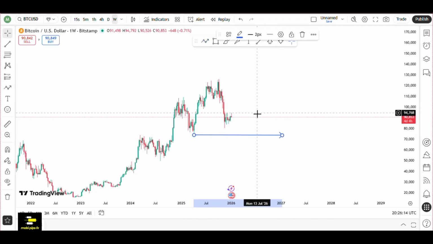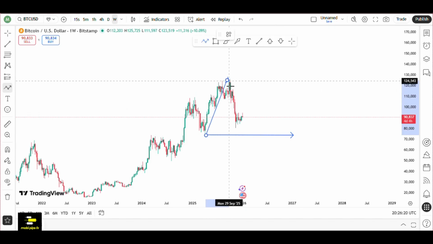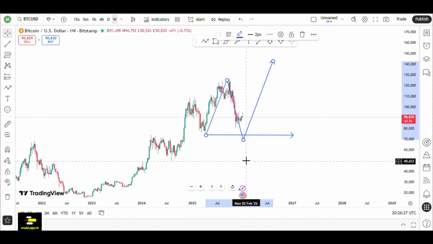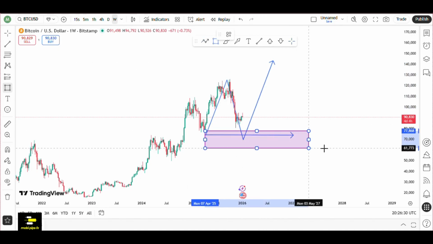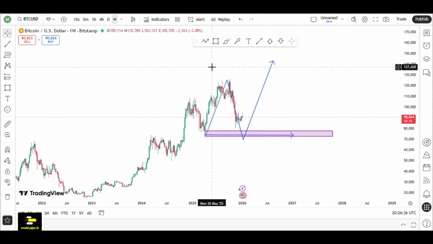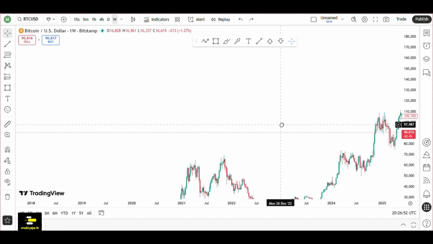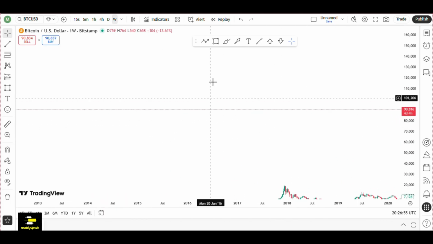So you see something like this. When you see a strong zone, you will see that price comes and has to take this one out first before it moves. Why? Because a lot of buy orders are sitting down here. So the market takes out all these buy orders, stops them all out, and has gathered enough money to buy, to move to the upside. I hope you are getting it. Just know that liquidity is money. Liquidity is money.